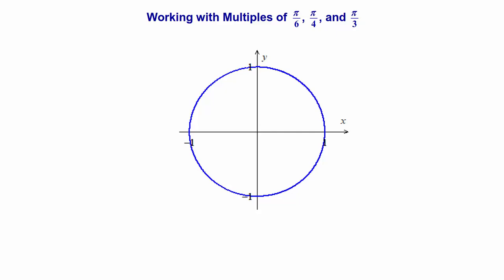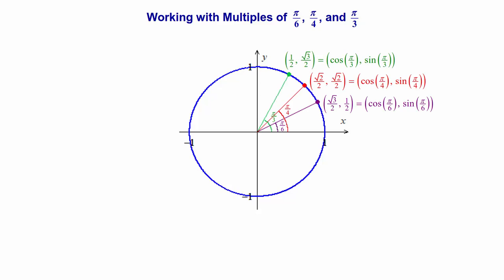In this video, we're going to discuss working with multiples of pi over 6, pi over 4, and pi over 3. So we'll start with a unit circle and label the points specified by pi over 6, pi over 4, and pi over 3. We've established these coordinate values previously and learned that they represent the sine and cosine of these three angles. So for example, the fact that the y coordinate specified by pi over 3 is root 3